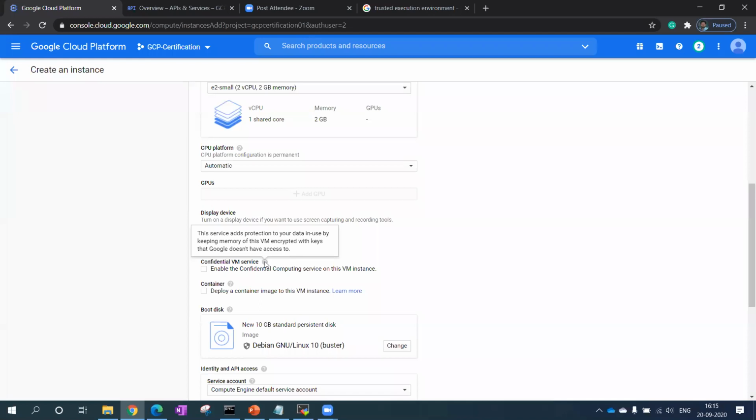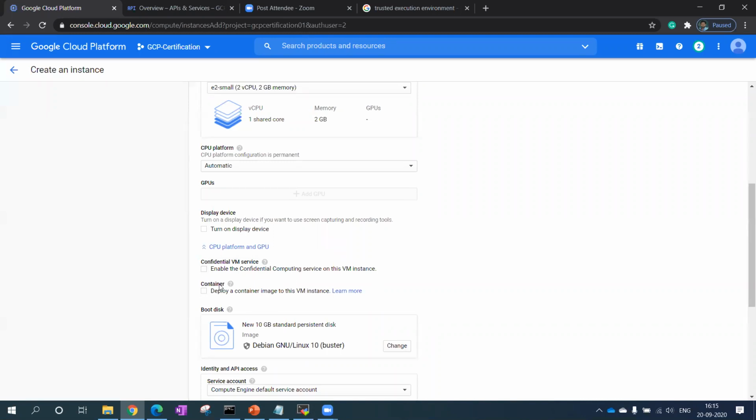What they are trying to tell you is that if you take this option, we will not touch your VM directly, because your VM will be encrypted with keys and Google will not have access to it. I think there is some additional cost, not upfront, but on a monthly basis, you need to pay some additional money to Google.